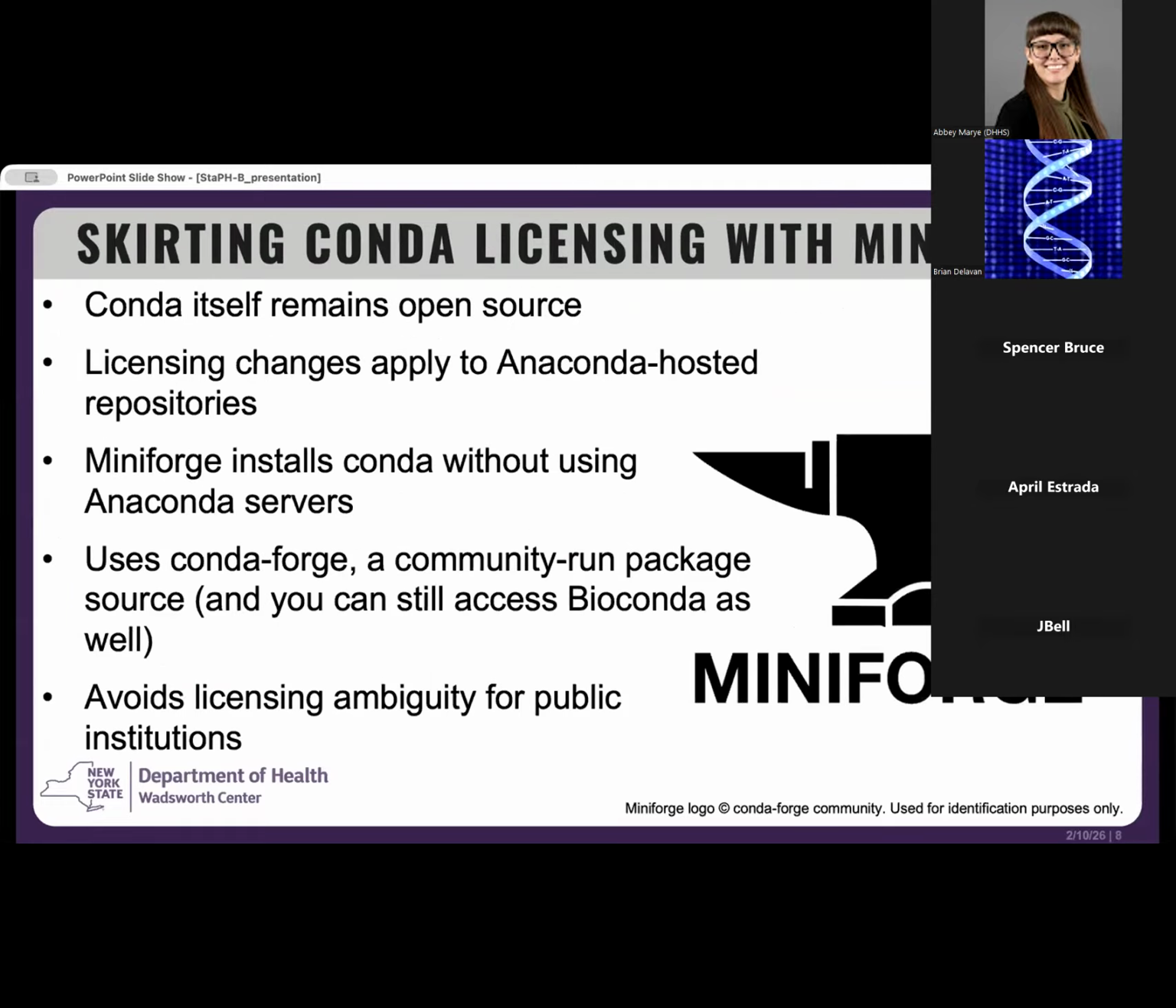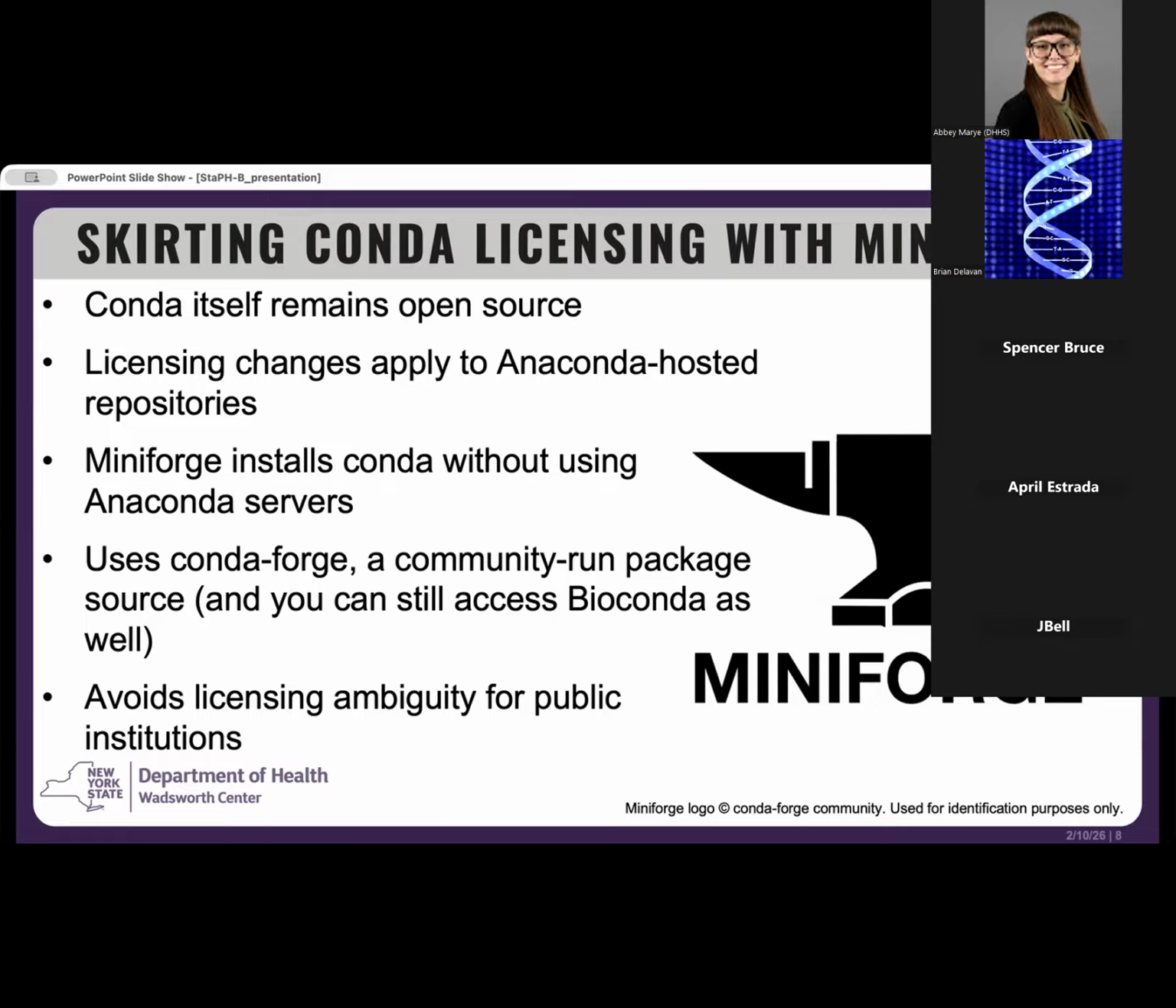But the good news is there's kind of an alternative that essentially lets you skirt these Conda licensing rules, right? So the most important point again is that Conda itself remains open source. That has not changed, and the licensing changes we talked about apply specifically to Anaconda hosted package repositories, not the Conda software itself. So if you're familiar with using Conda and you're just downloading a package and you're specifying it's from Bioconda, that's usually fine. But if you're not specifying where you're pulling it from, and if it's coming from Anaconda, then you're going against